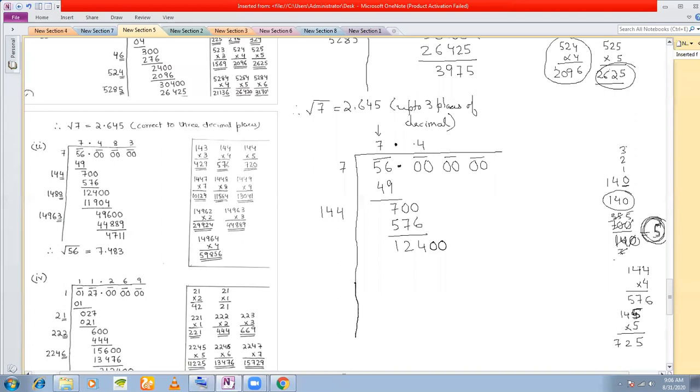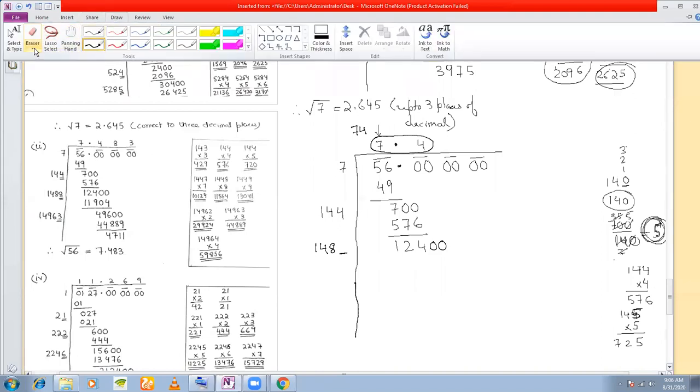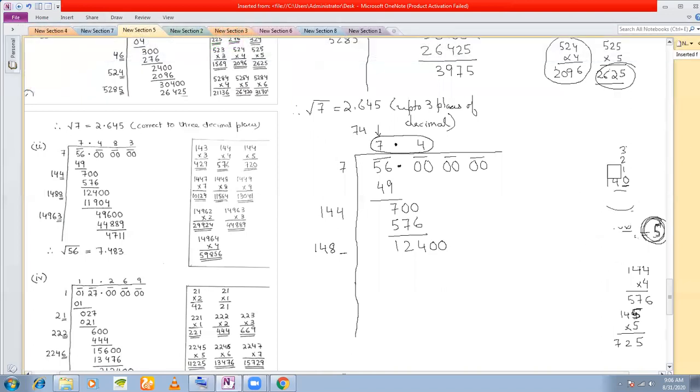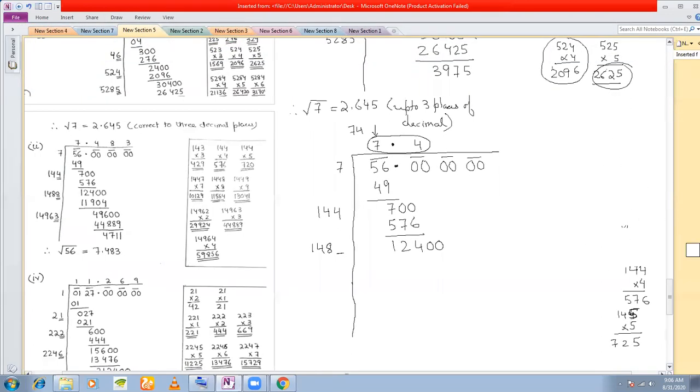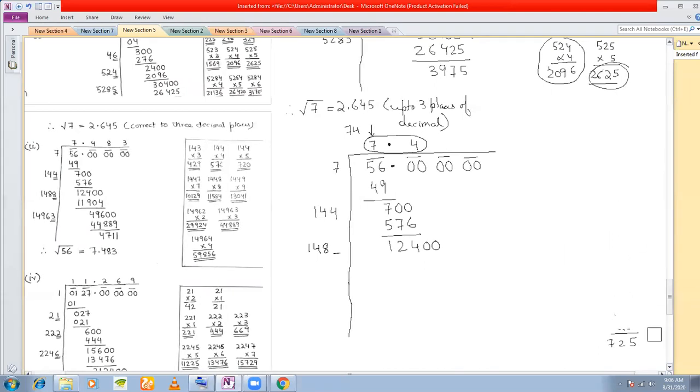Okay, and what we do is we double 74, ignoring the decimal point here. Here we got 7.4. We ignore the decimal point. We only take 74. If we double 74, we are going to get 148. Now again we are going to place a digit here. Now see, again the same technique you will apply.